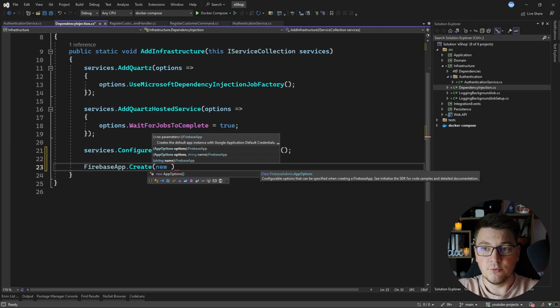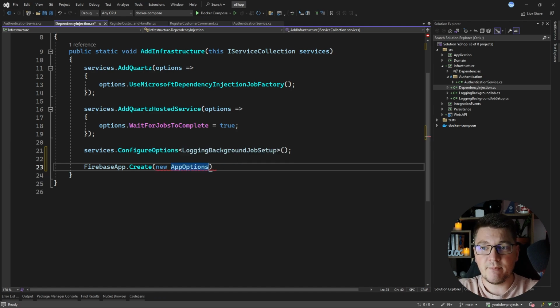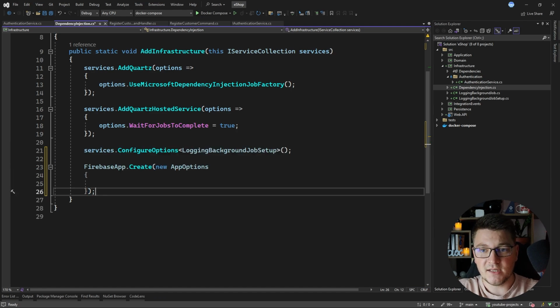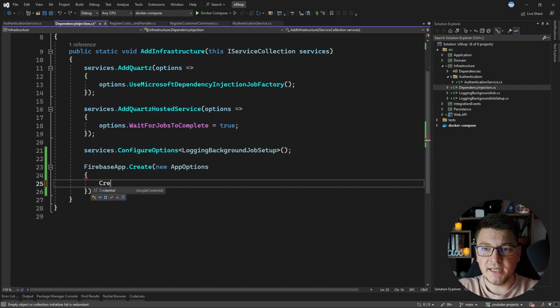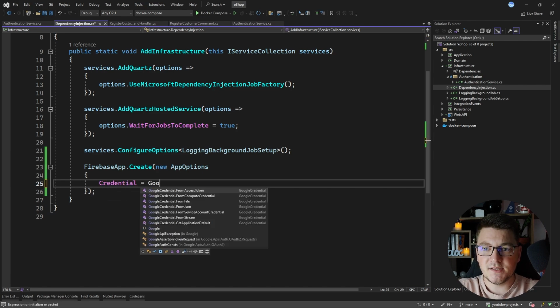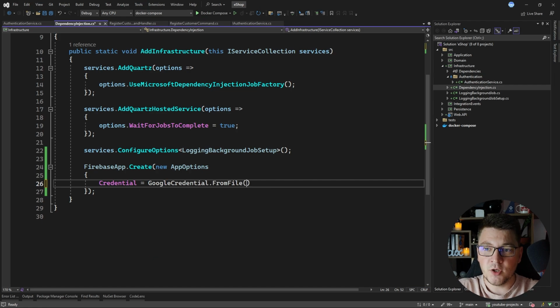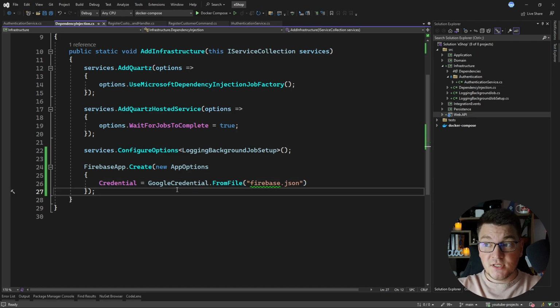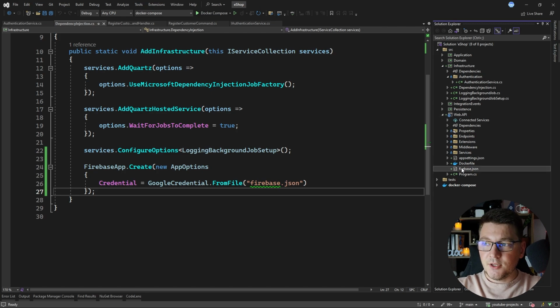So how am I going to do that? I'll create a new app options instance, and I'll pass it to this method, and I'm going to assign the credential property by saying Google credential, and I'm going to take it from a file. The file is going to be called Firebase JSON, and this is actually my Firebase service account that I got from the Firebase console. The service account file is available in my web API project, and here's what it looks